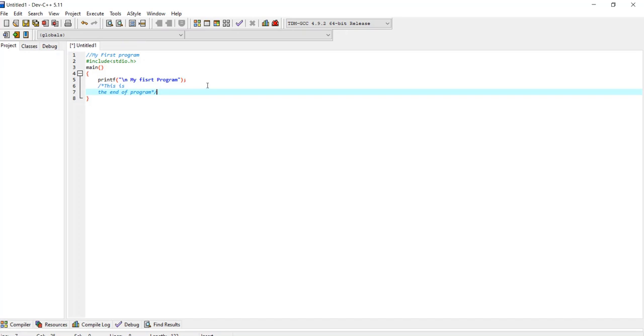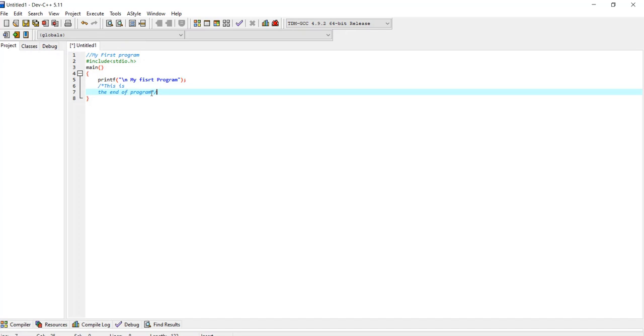Now let's try to understand what is written here. The first line, where I used a double slash and wrote my first program, is called a comment entry. We have two types of comment entries in a program: single line comment entries or multiple line comment entries.